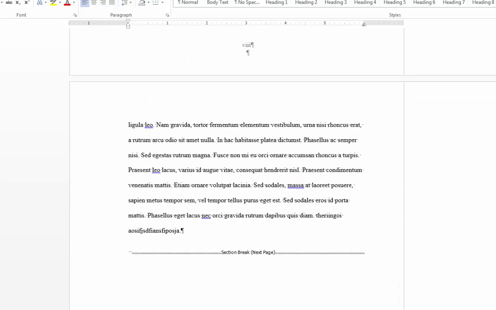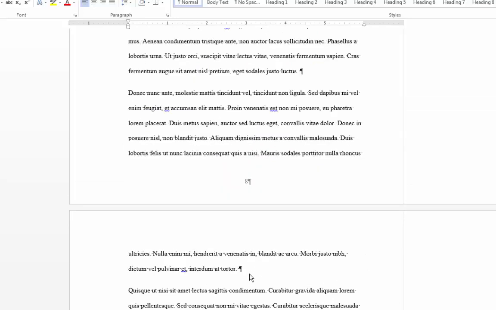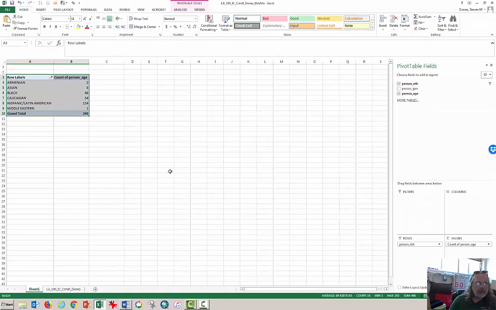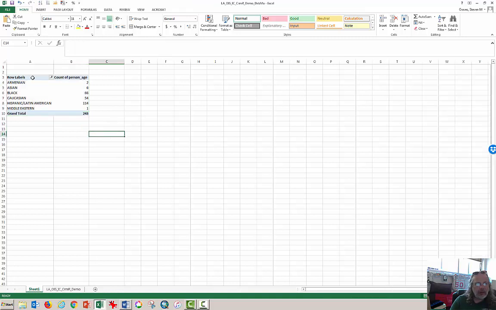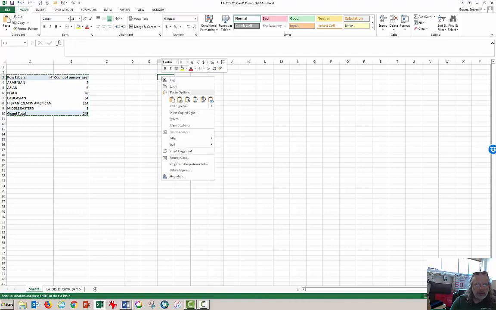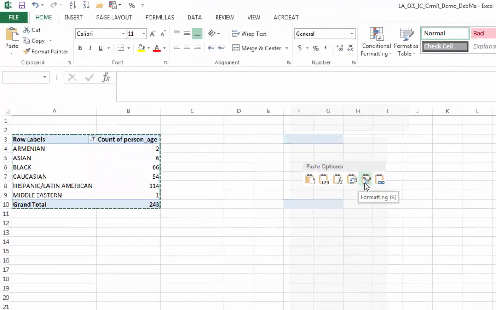If you wanted to add a table, well, I've scrolled down to a random spot in the document. I'm going to bring over a table from an Excel document. This is just a little more complex than simply pasting one in here. So I've highlighted a table that I created, and I'm going to copy this and I'm going to move it over here and paste it,